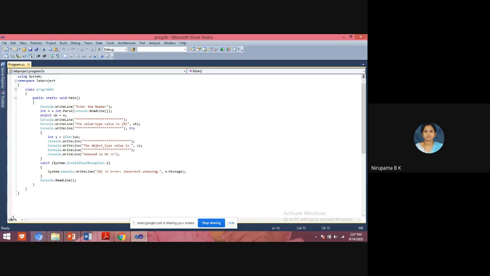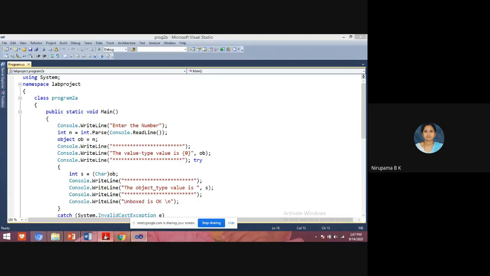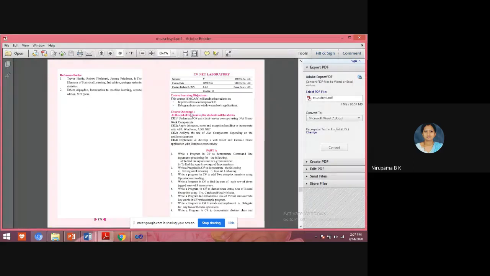So the next program is the 2B program. What is the 2B program? The 2A program is to demonstrate boxing and unboxing. The 2B program is to demonstrate invalid boxing.